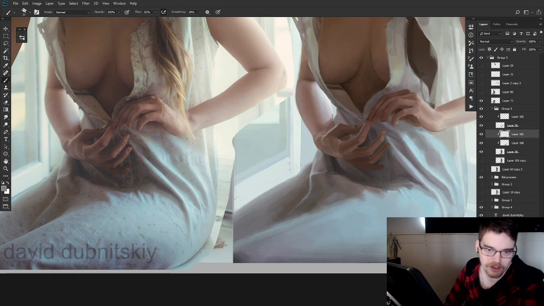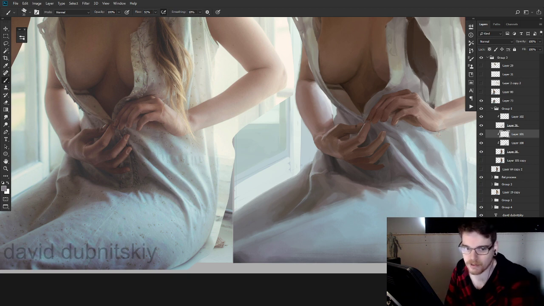Nothing wrong with using reference. Even copying other artists is fine if it's only for studying purposes and not actual work. I completely agree. And even for my professional work, I always have up